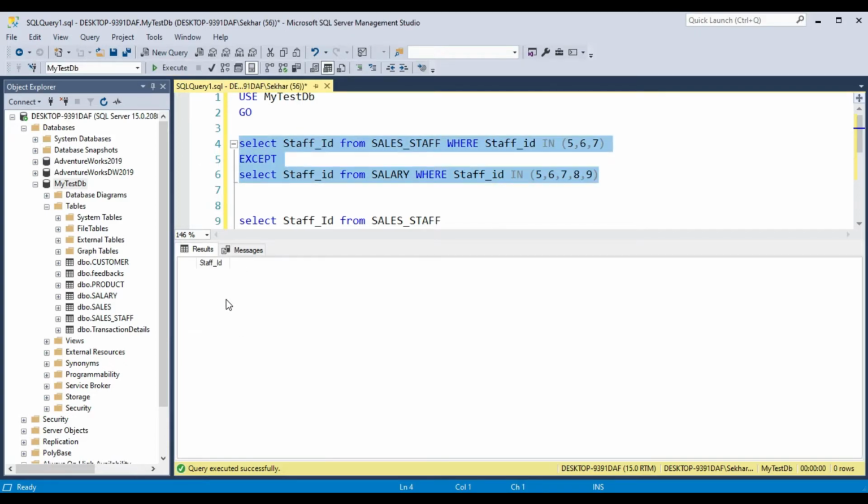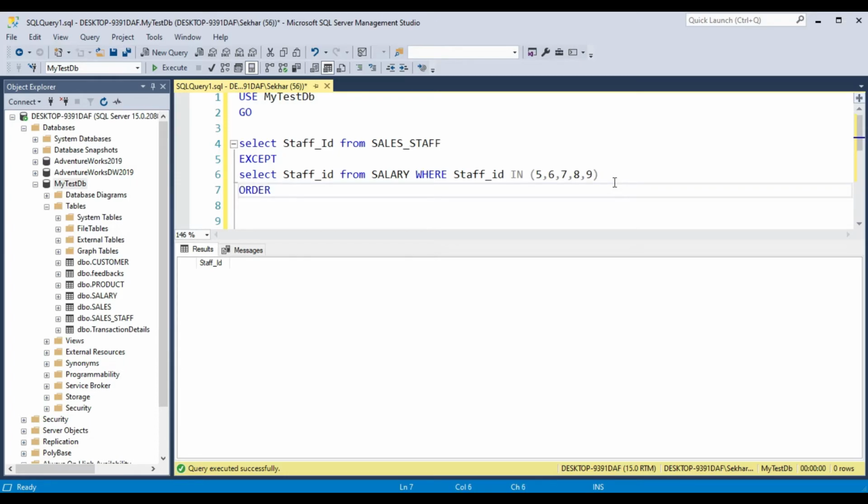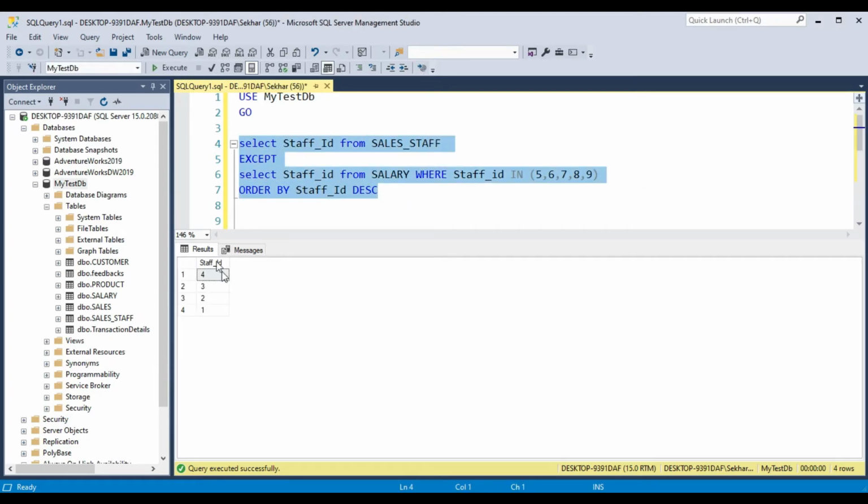The result will give you nothing, because all the data in the first select query has been subtracted by the second select query. You can also use order by with except. It will also work. Now you can see it is working in order.